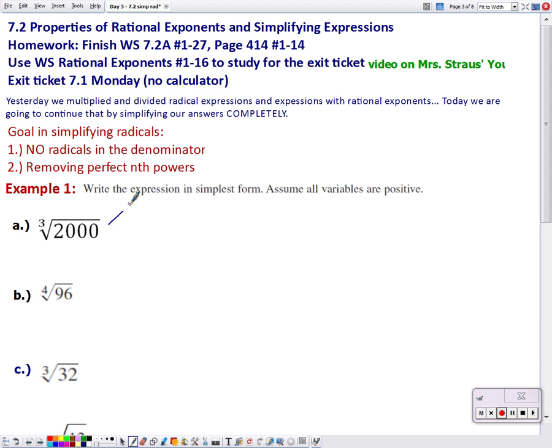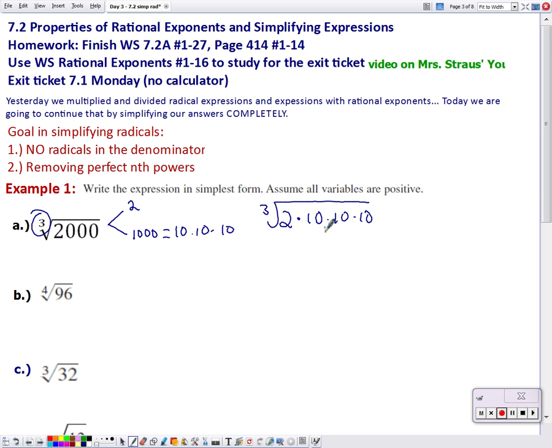So the first thing I'm going to do is break this down into prime factors. And 2,000 is even, so I'm going to break it down into 2 and 1,000. Well, I immediately see 1,000, and I'm thinking about cube roots, and I'm like, wait a minute, 1,000 is 10 times 10 times 10. So I can rewrite the cube root of 2,000 as 2 times